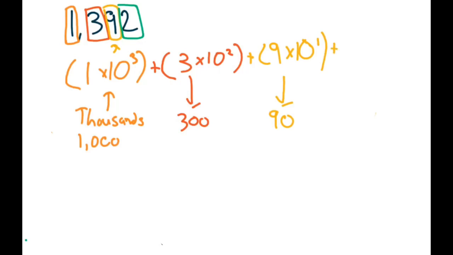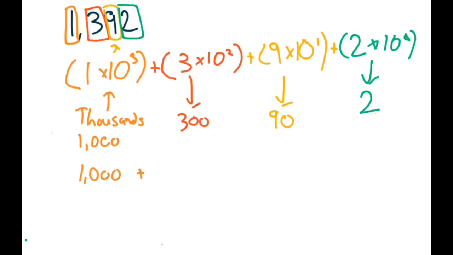Plus 2, because that's all that's left over now in the ones spot, times 10 to the 0 power. And any number to the 0 power is 1. So 2 times 10 to the 0 power is also just known as 2. So this is a fancy way of saying